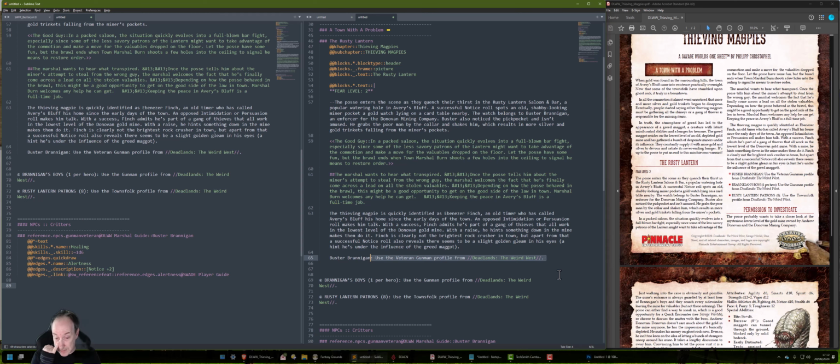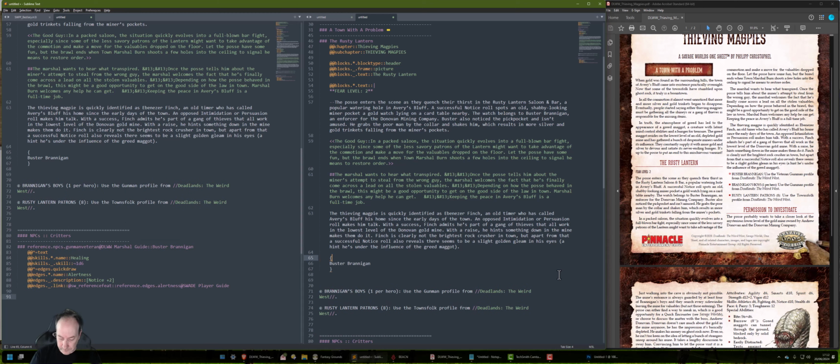Now, we don't need all this text because obviously on a piece of paper, it tells you where you need to go to find his stats. But in Fantasy Grounds, of course, we're creating the NPC. You don't need to know where his stats came from. All you care about is what his stats are. So we'll get rid of those. So create a link. All we're going to do, it always does that. It's very strange the way it does that when you've got some text there. So to create a link,